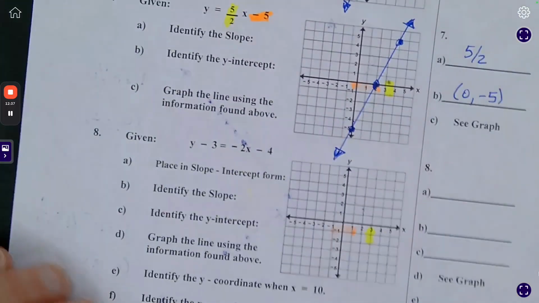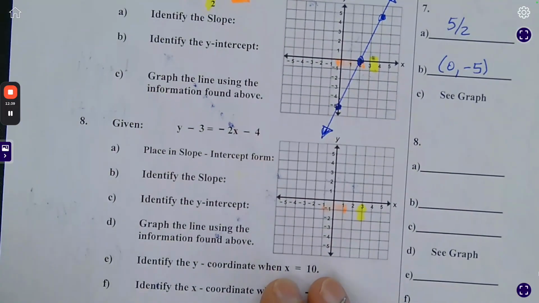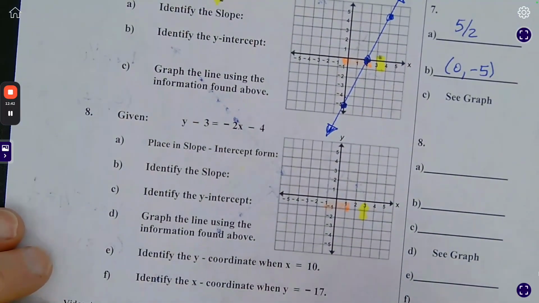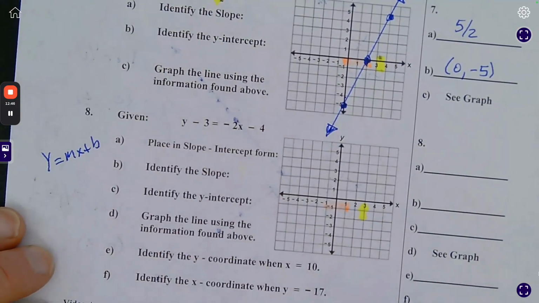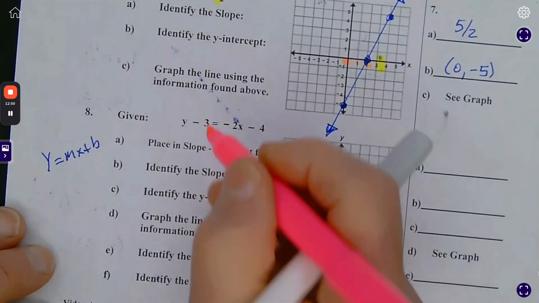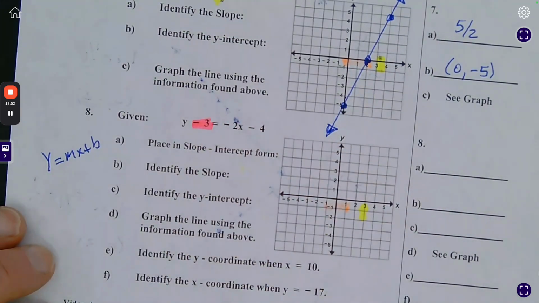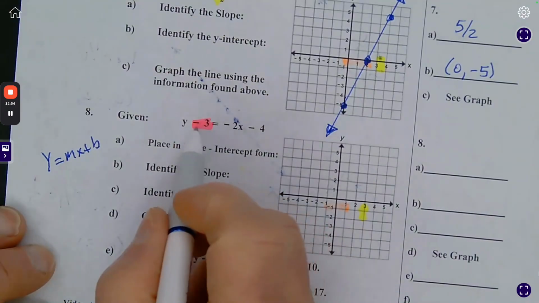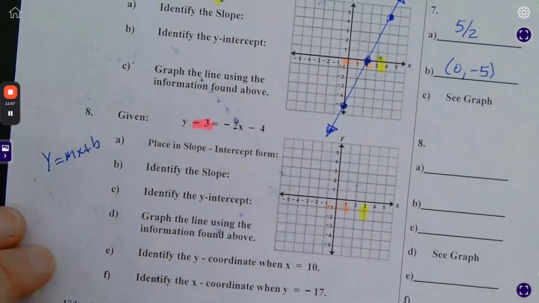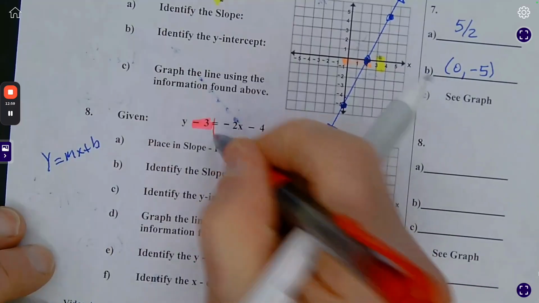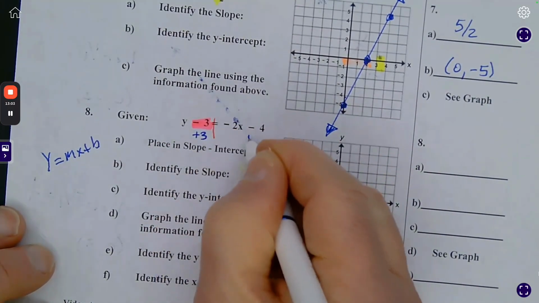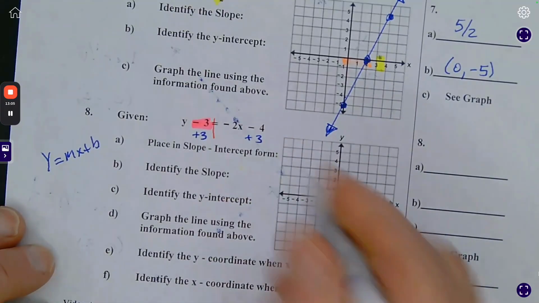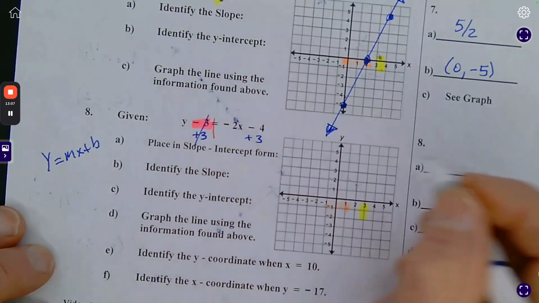Uh-oh, that's not slope intercept form. Oh, they ask us to place it in slope intercept form. Notice you want to get the y by itself. Well, what's being done to y? We have this minus 3. So I have to undo minus 3. I have to move that over. This is why we solve equations, so you can manipulate this. Inverse operation of minus is plus. Let's rewrite it. This goes to 0, so I have y equals,